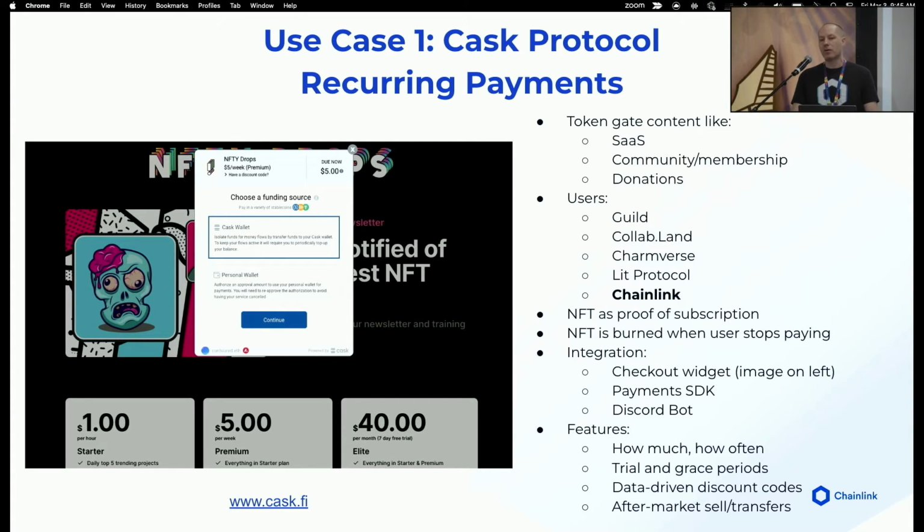They have a widget that you can install in a web browser, in an app, in a web app, or a plugin to Discord, and users can pay in crypto and get an NFT, and as long as they're making their payments every month, which are automated, either automatically withdrawn from their wallet or withdrawn from a vault where they've deposited funds, their NFT is active. As soon as they stop paying, the NFT is burned. And anyone who's either using Discord to grant access or another application just checks the NFT.